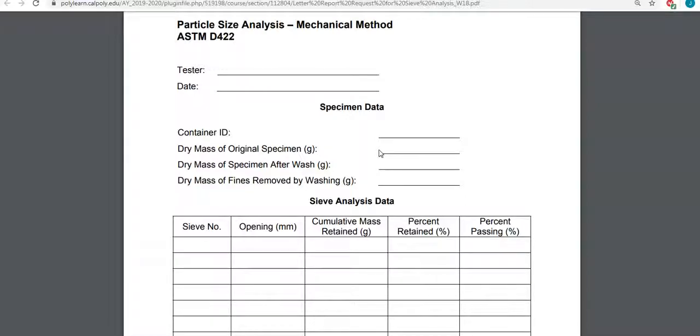Dry mass of specimen after wash. Since soil has silt and clay in it, and those particles are so fine, they clump together, and those clumps won't separate during the agitation. If you have a stack of sieves and you agitate it, they're not going to separate. So for that reason, we have to wash that material out, and then everything that's retained on the number 200 sieve, which is the one that indicates the difference between sand and gravel and fine grain silt and clay,